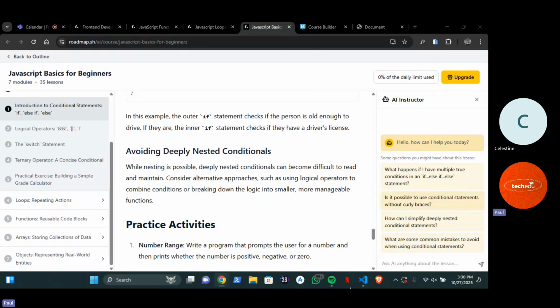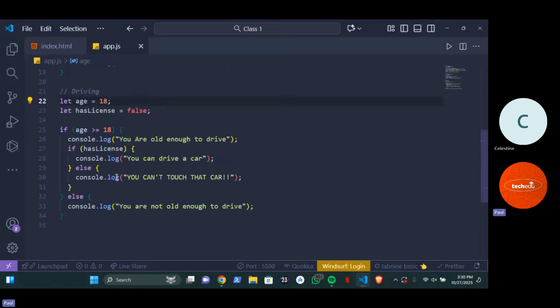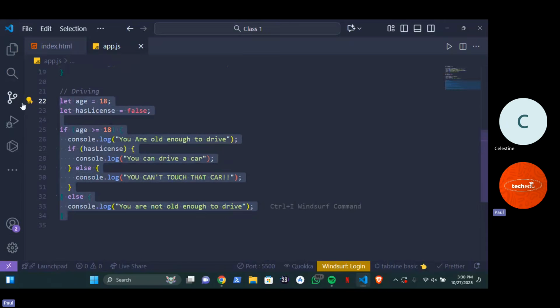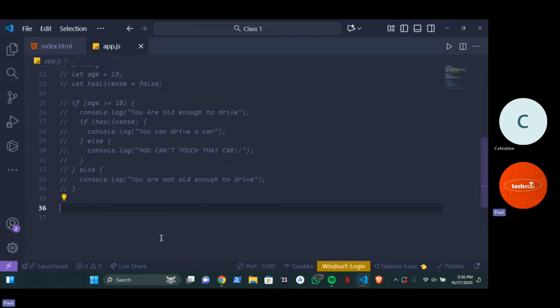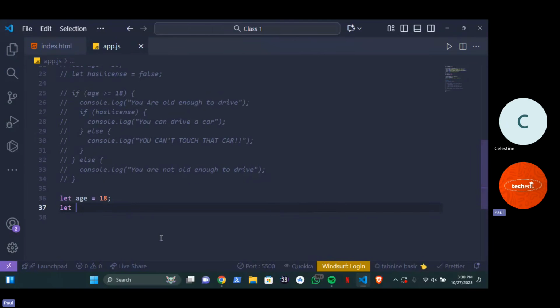So you have alternative approaches, like what? Logical operators, which we did in our last class. So instead of using nesting, we can say if this and this is true, what do you want? Now let me show you an alternative way of getting this with your AND operator. So we can have let age equals 18. Then we can have let hasLicense equals